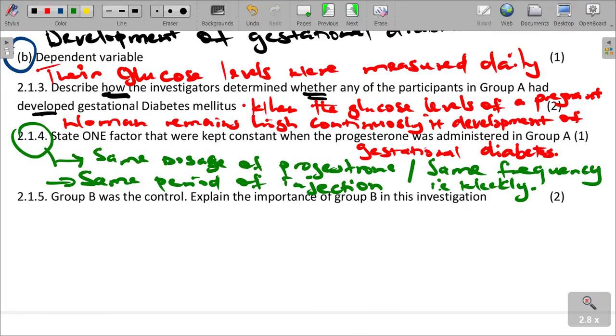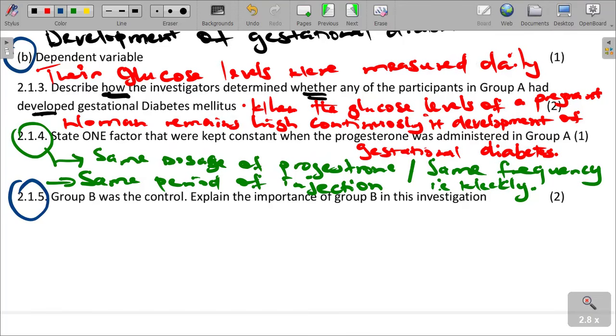So therefore, why were all these done? These were done to increase the reliability of the result, to avoid variation. And then question